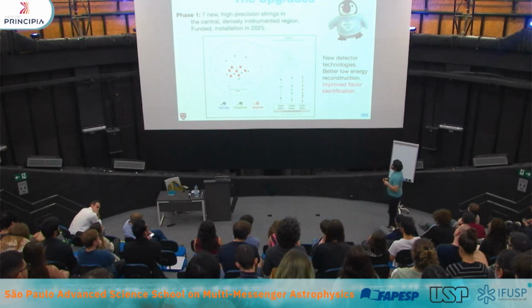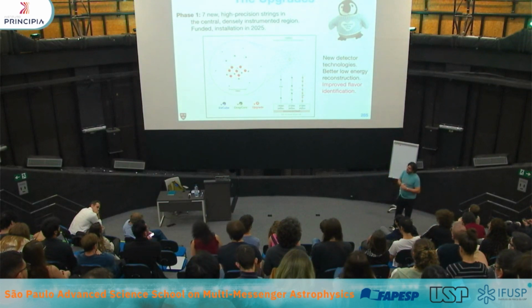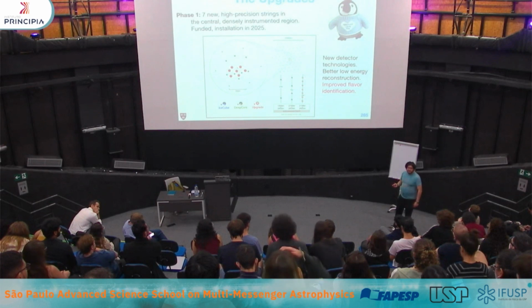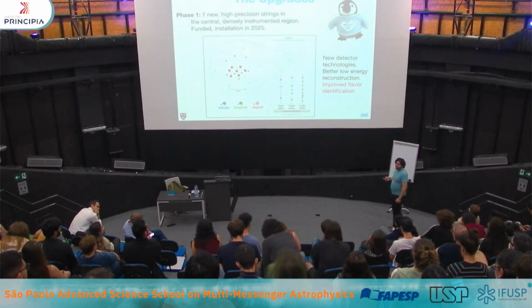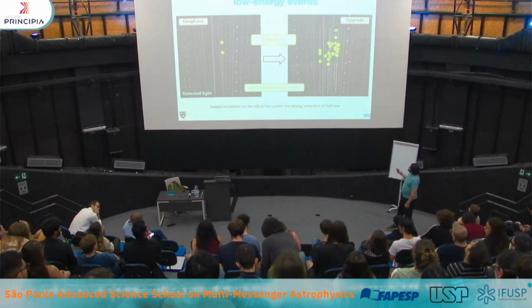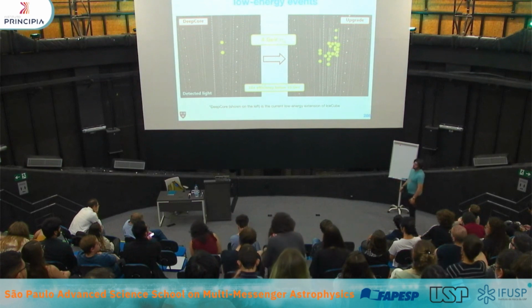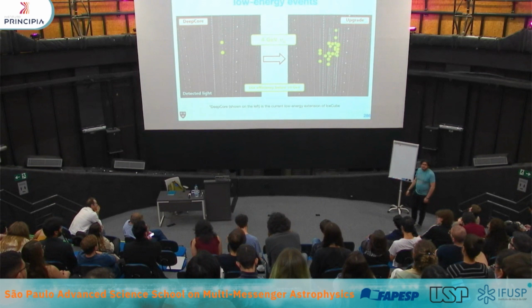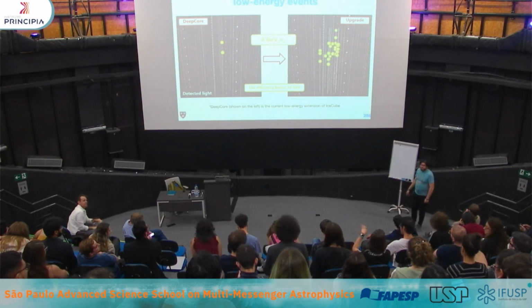So the energy is better than at the high energies because of the nature of the physics, but the directional reconstruction is certainly fairly worse. I don't remember how well the upgrade is going to help on that. I don't have a plot, but I can look for that for you if you send me an email. But certainly with the upgrade, our efficiency is going to significantly improve to be good at the order of a handful of GeV. And do you do it with those templates for the amount of deposited